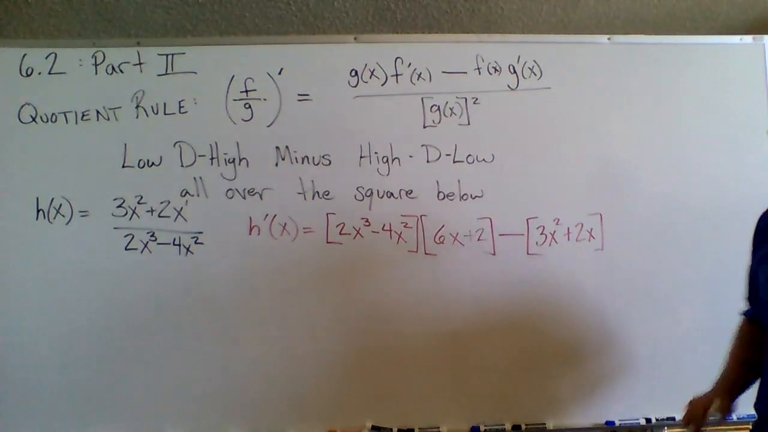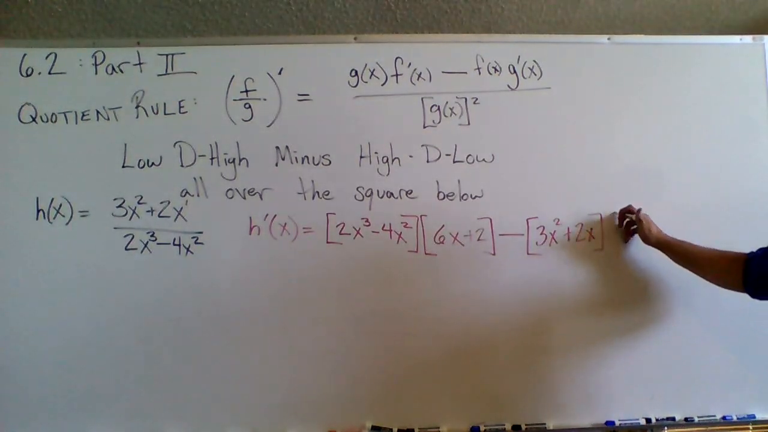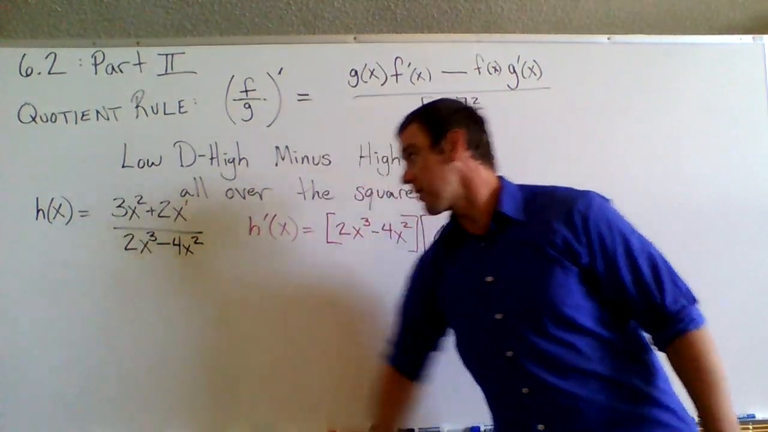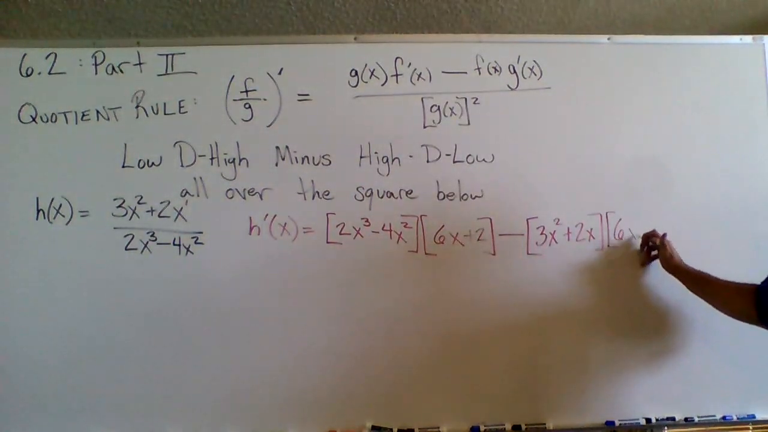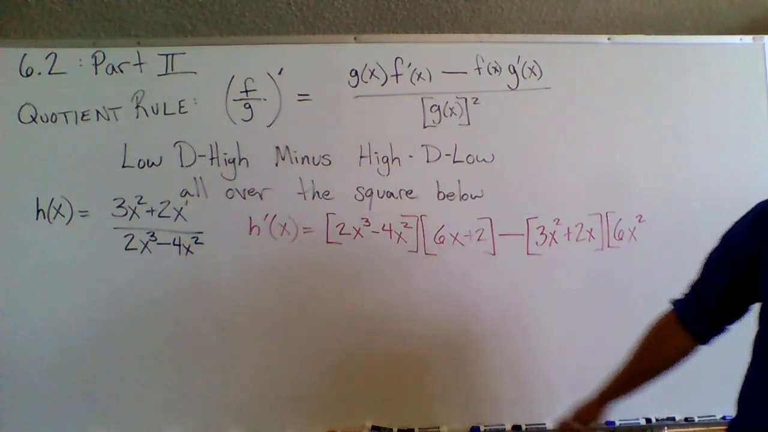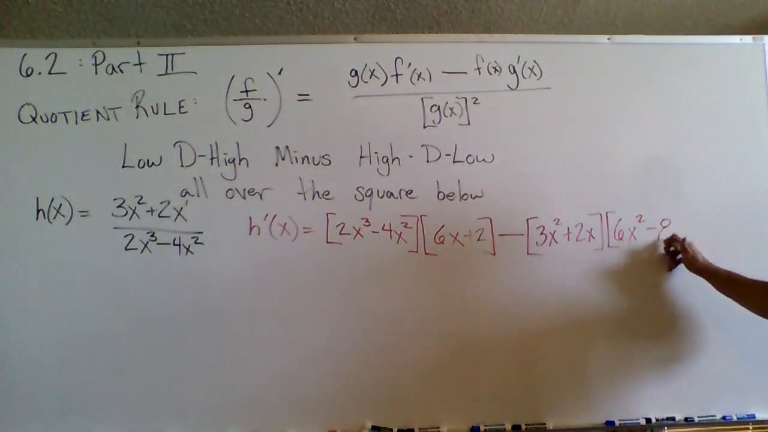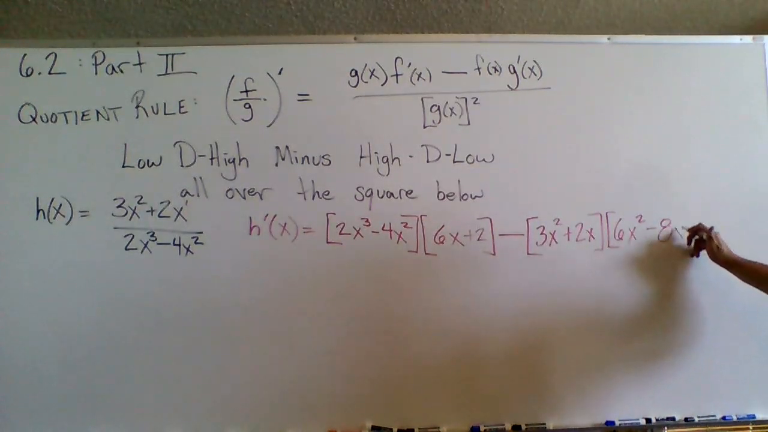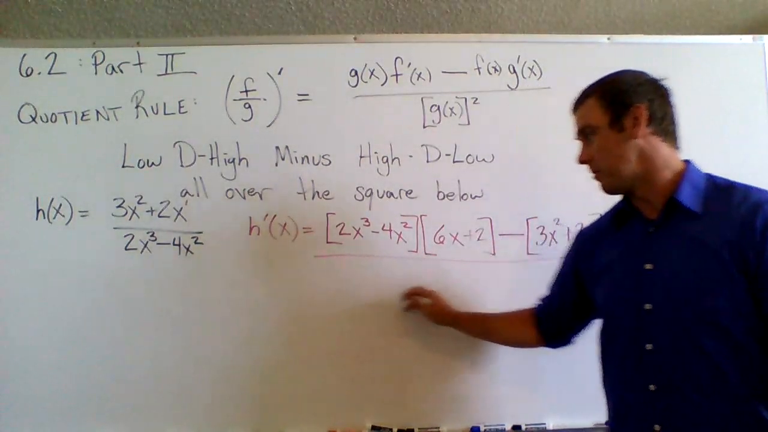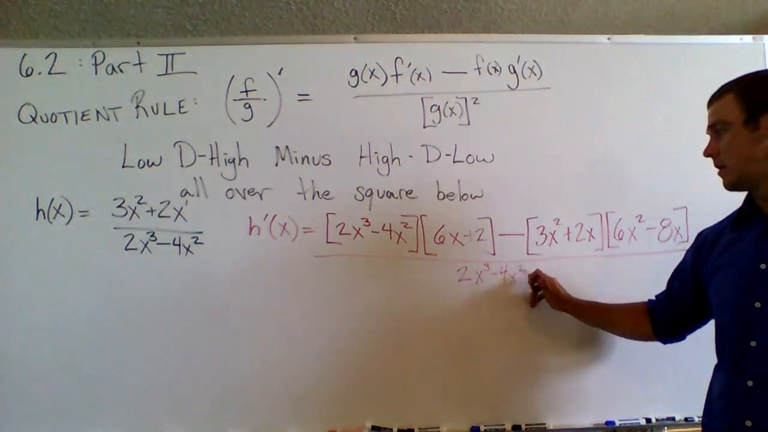Okay, I forgot what I'm doing. Low d high minus high d low. D low is the derivative of the bottom. So I'll bring my 3 out front. That's going to make 6x, and I subtract 1 from my exponents: 6x squared. Same thing here, 4 times 2 is going to give me a minus 8. Subtract 1 from my exponent is just going to be x. All divided by the square below. So that's going to be 2x to the third minus 4x squared,